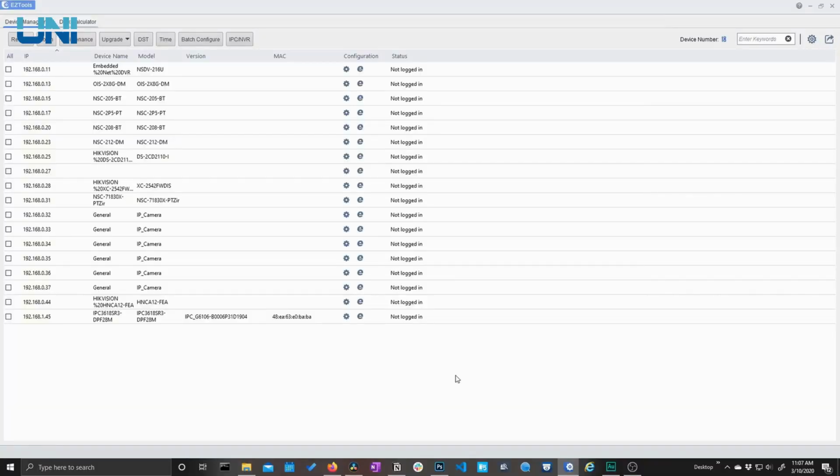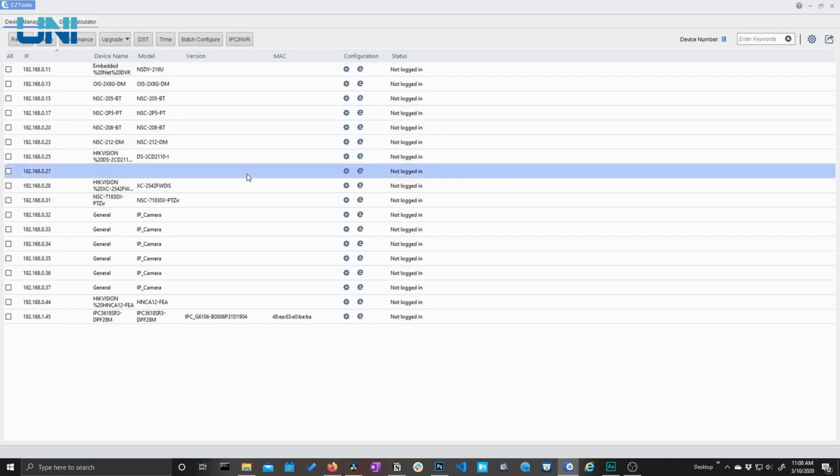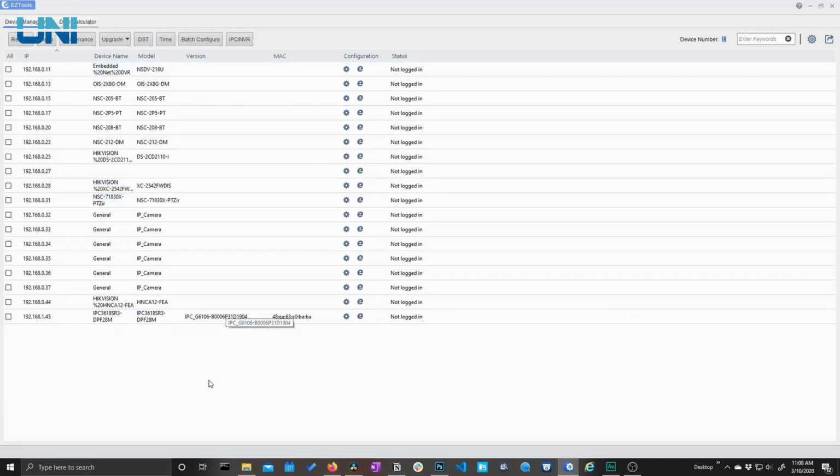So the first thing we'll want to do is open up Easy Tools here. Easy Tools is Univiews' configuration tool, which is going to let us view and modify the IP address of our Univiews products. So as you can see, this actually pulls in data from our H-series cameras as well. But what we're going to be looking for is that Univiews model number, which is this one down here at the very bottom. Now that is our 4K fixed lens turret camera, and that's the one we're going to be